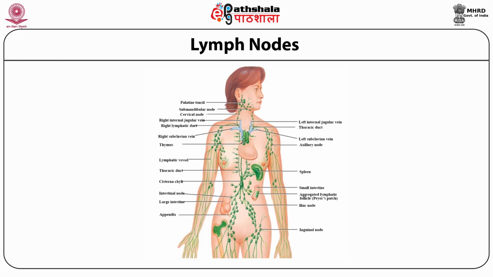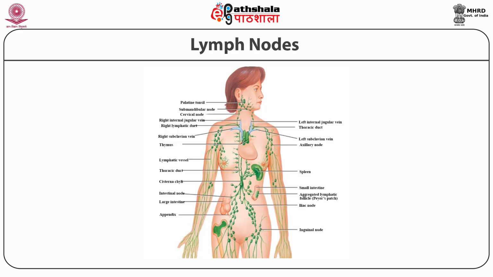There are large groups of lymph nodes at specific places, which are axillae, groin, and neck. Lymph nodes essentially trap antigens from the circulating lymph. It is the circulating lymph within the tissue which brings the antigens to the tissues, and lymph nodes trap these